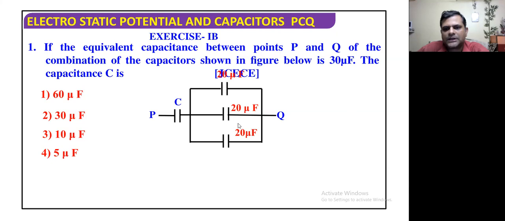Since these 20, 20 and 20 are in parallel combination, all these three combined together will be equivalent to a capacitance of 60 microfarad here between these points. And this 60 microfarad capacitor is in series with the capacitor C, which is to be found out. And the effective capacitance is given to be 30 microfarad. So simply we can just say that